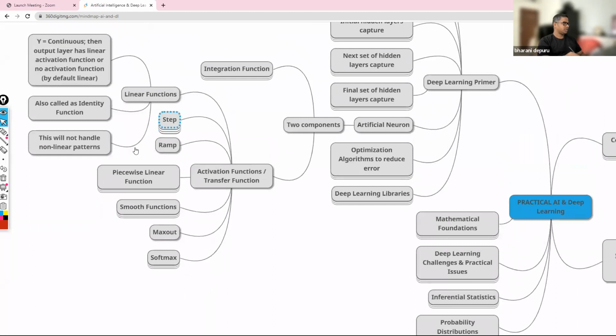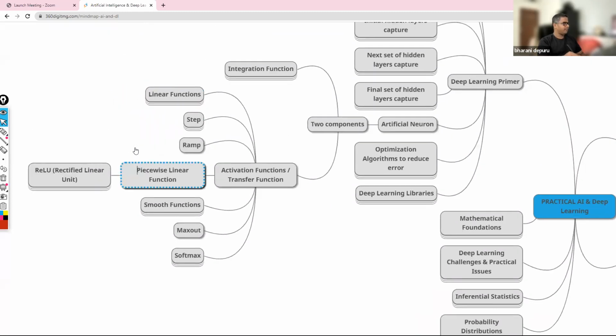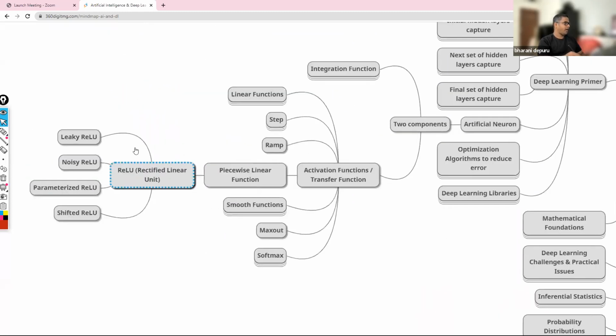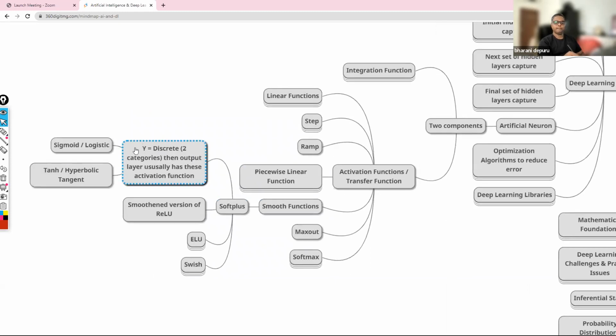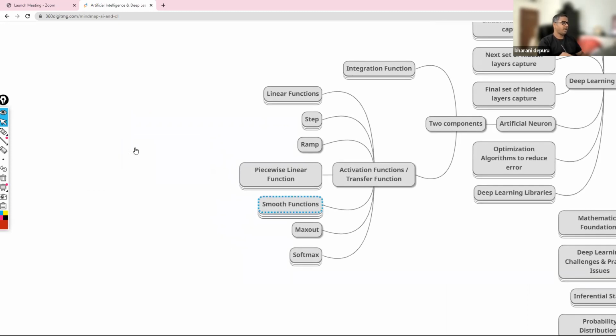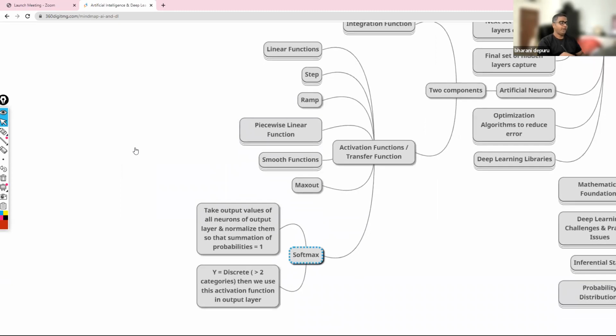Then you have ramp function. Then you have piecewise linear, ReLU, and the family of ReLU. Then you have smooth functions, softplus. When the output variable is discrete in 2 categories you use this. ELU is another thing, swish. Then you have maxout, then you have softmax. When you use it,